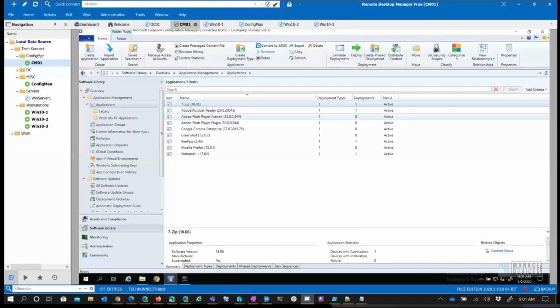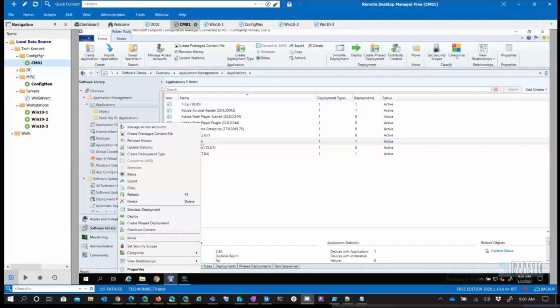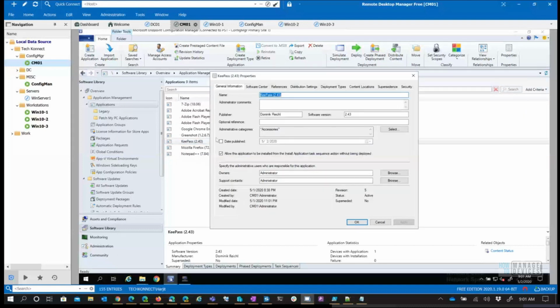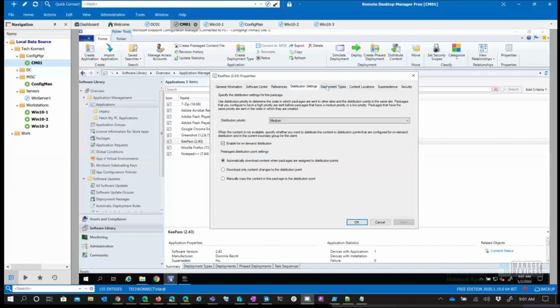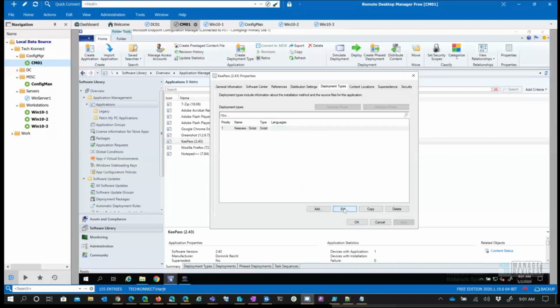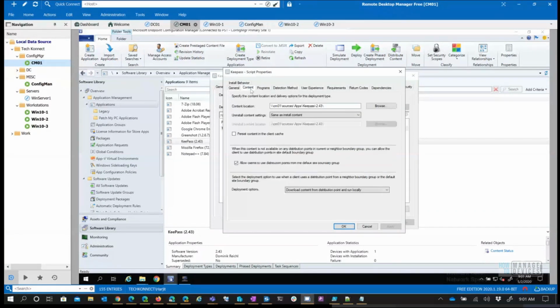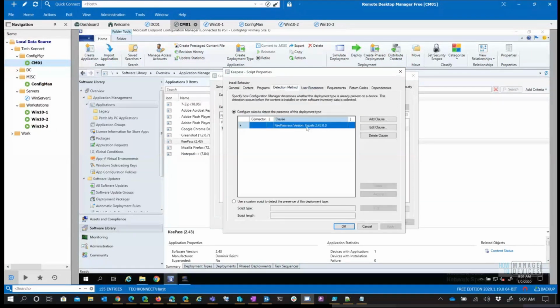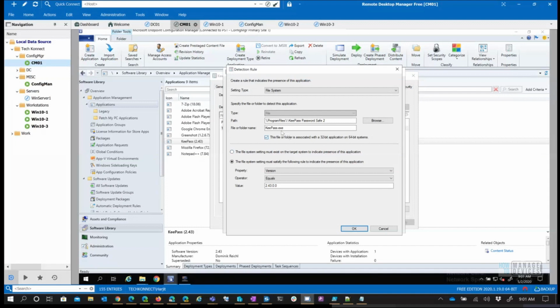Okay, so that's pretty simple. It's an MSI. I've got another one here for KeePass. Again, these are just examples of applications for you guys. Straightforward. I think this one's an exe, if I'm not mistaken. Again, look at the path. What's the program? Does it have any silent switches? Detection method. Here's an example where it goes,